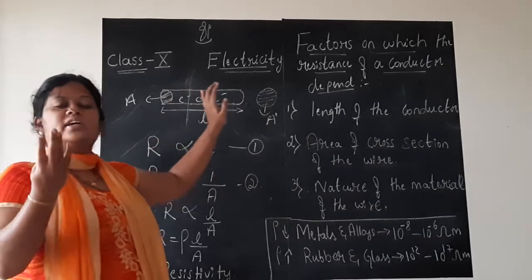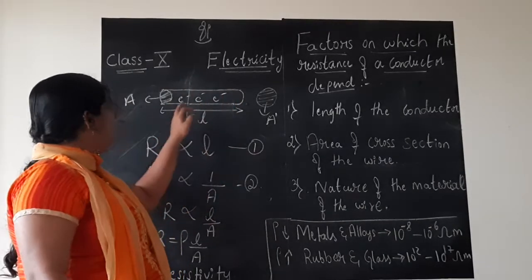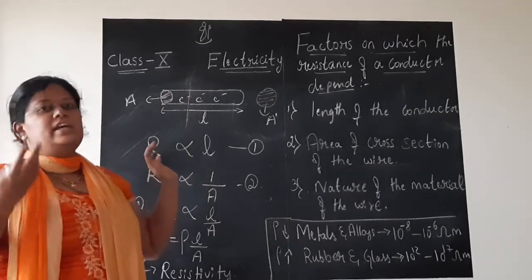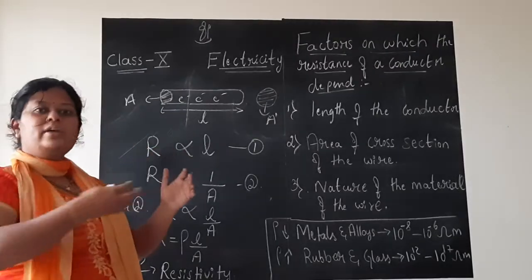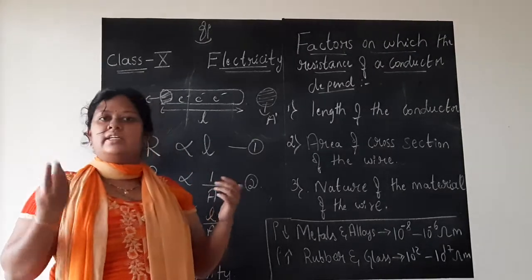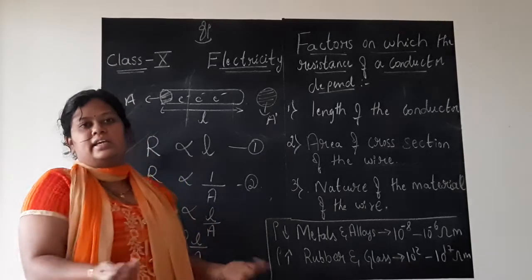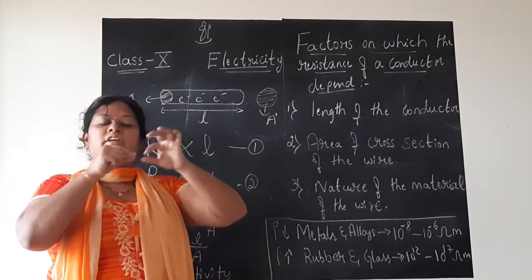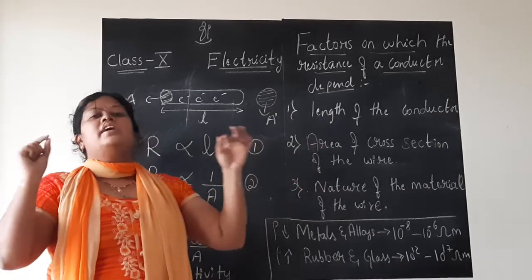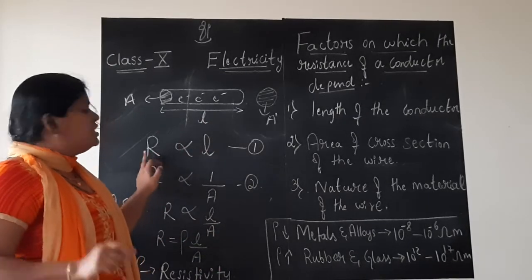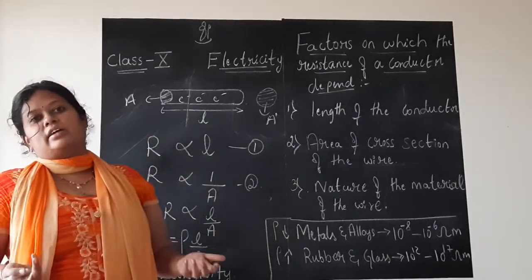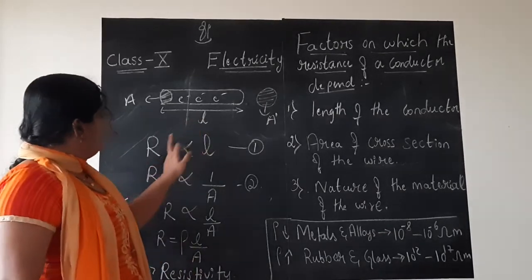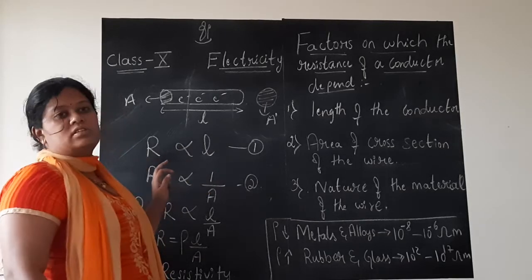You all know about conductors, insulators, good conductors, bad conductors, everything, no? So good conductors means, for example, silver. It is a very good conductor. It allows more current to flow through it, hence it is called a good conductor. The charge flows easily, which means resistance is less. However long a thin foil of silver or thin wire of silver you take, its resistivity does not change. It is a good conductor only. In any form you take silver, it is a good conductor. So even if you increase the length, its resistance also increases.